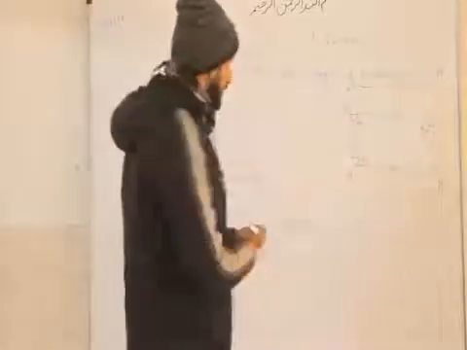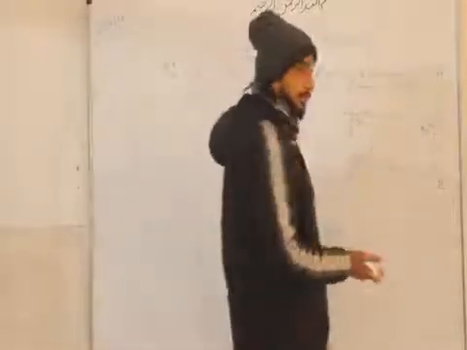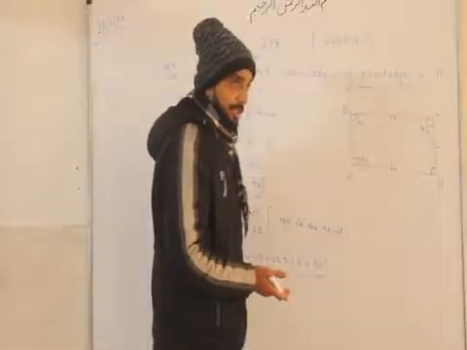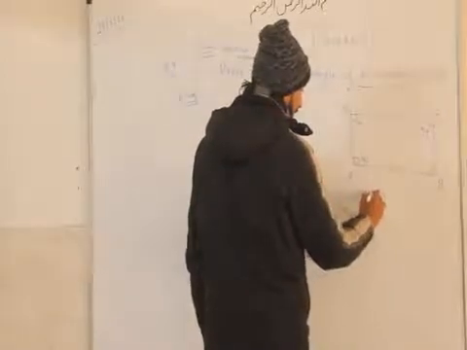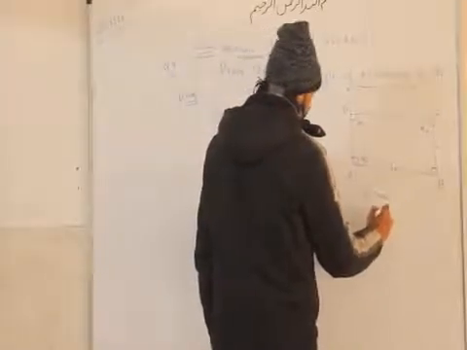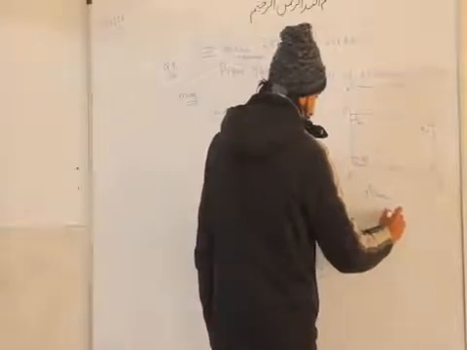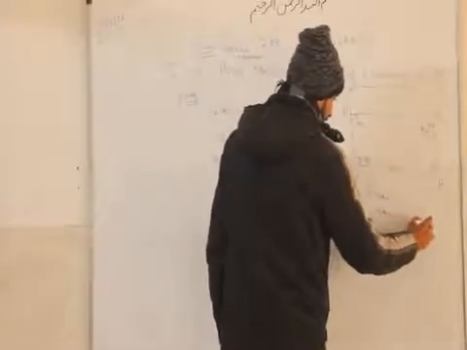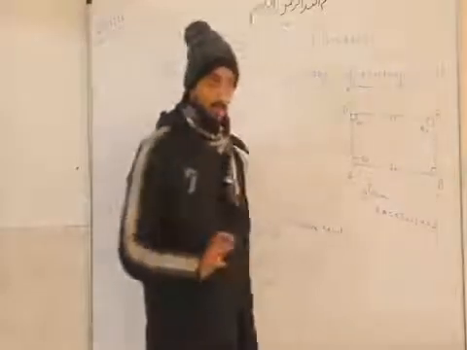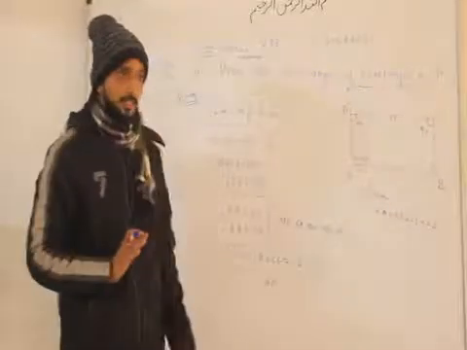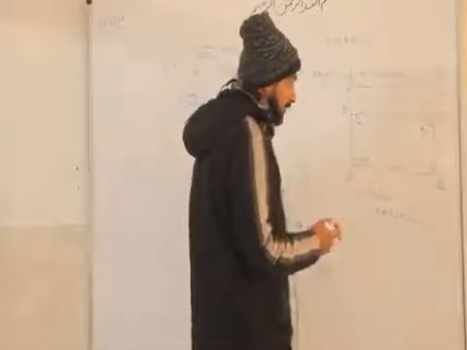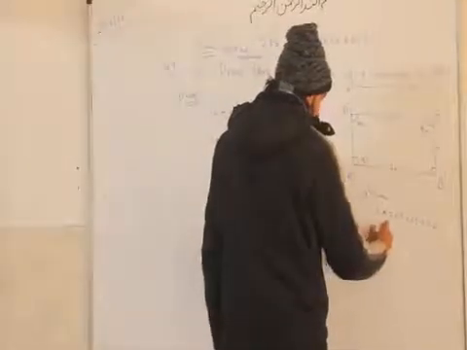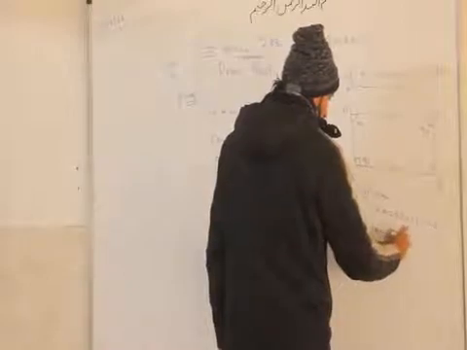I am giving you the hint here. See, this is a quadrilateral. We don't know this is a rectangle, but we know what the given condition is in that case. For the second case, the given condition is that angle A equals angle B equals angle C equals angle D. We don't know it's a rectangle, but this is the given condition and we have to prove it's a rectangle.